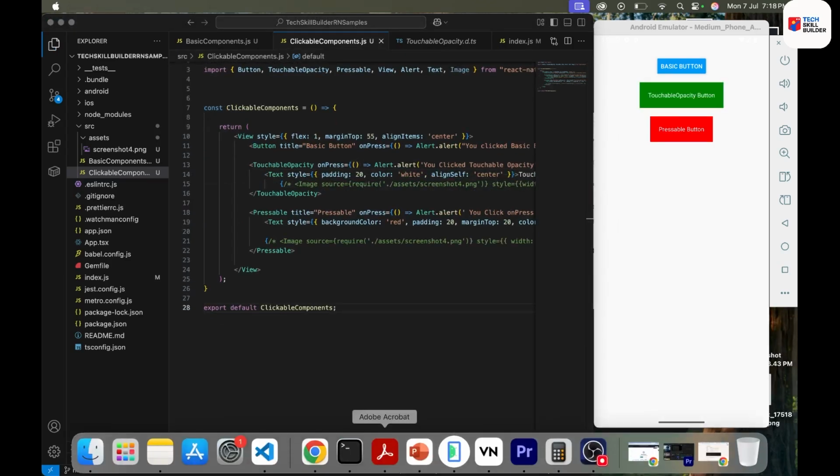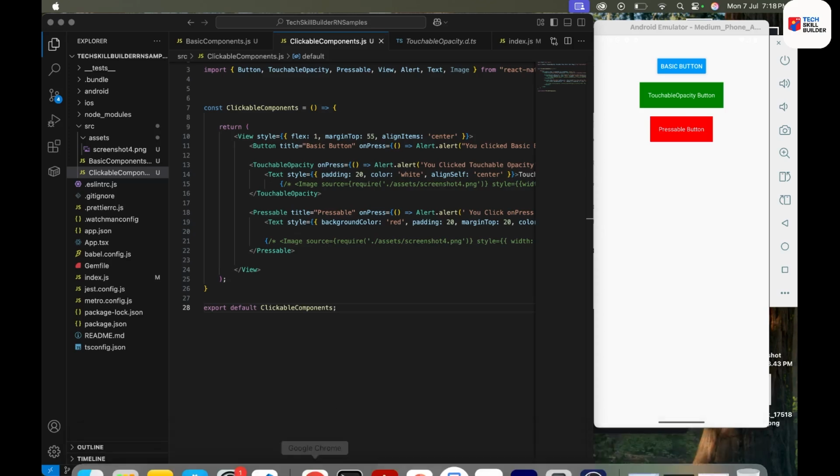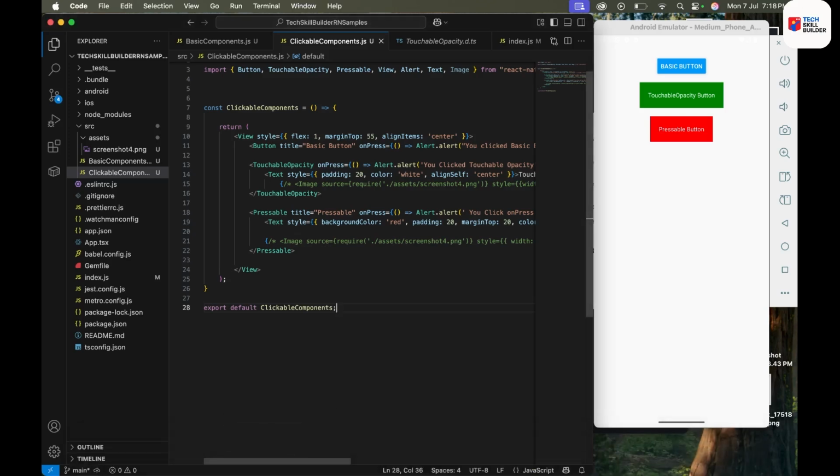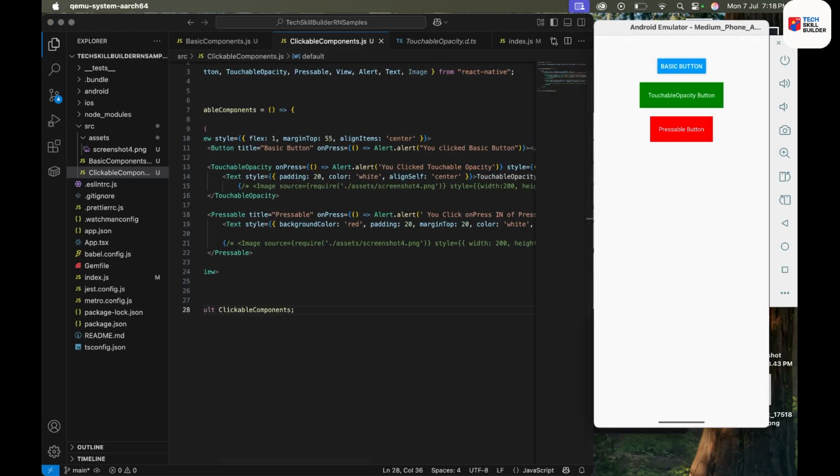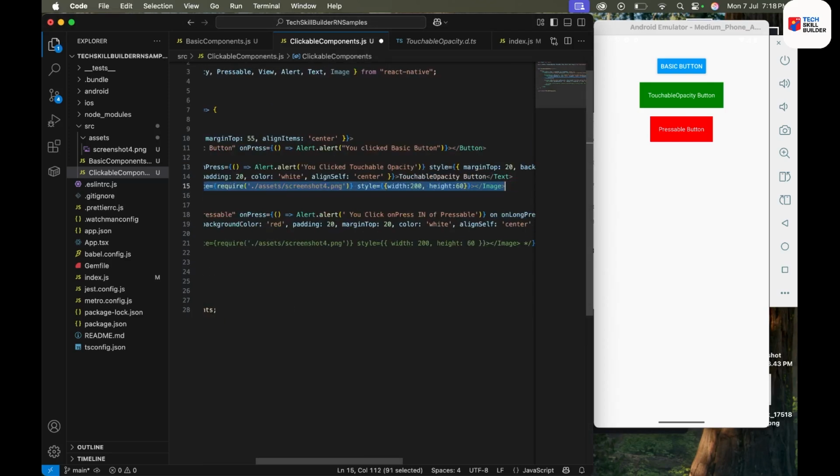So guys, we have seen touchable opacity is another basic component, and how we can customize it more than the normal button. We have also seen that we can add an image inside touchable opacity to customize that. Okay,